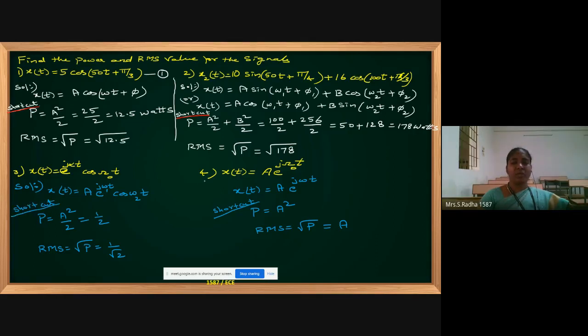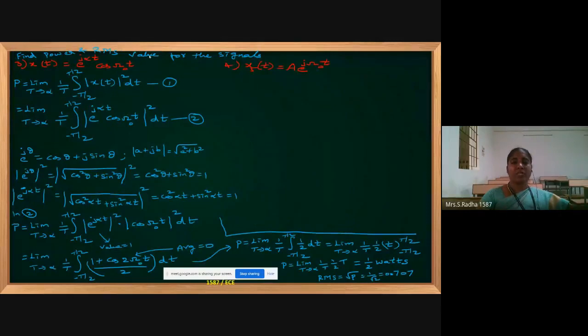Now I will go with the fourth problem here. I will derive and show you how it is coming as A square. This question has the long derivation. These are shortcuts. This complete slide I have gone with shortcut formulas for power calculation. The same questions I have taken. So the formulas can be used directly for 1 mark questions. Now the fourth problem I have here on the right side. I am going with power calculation.